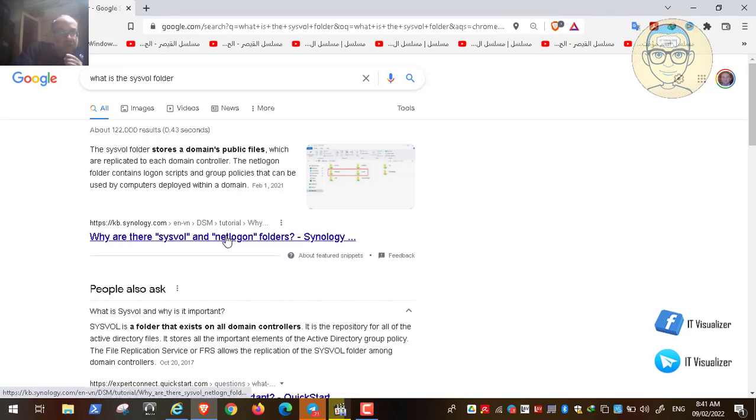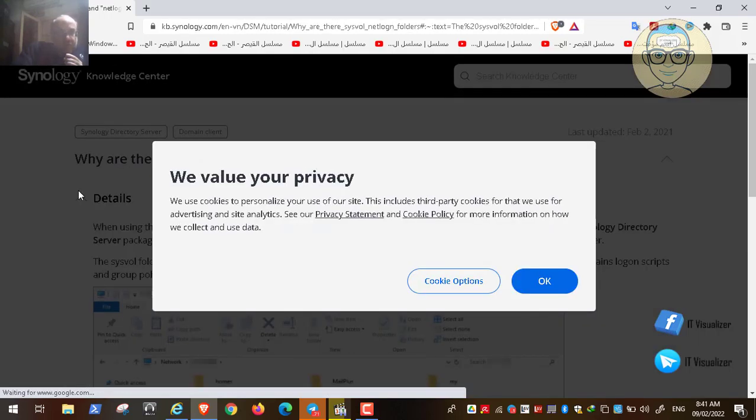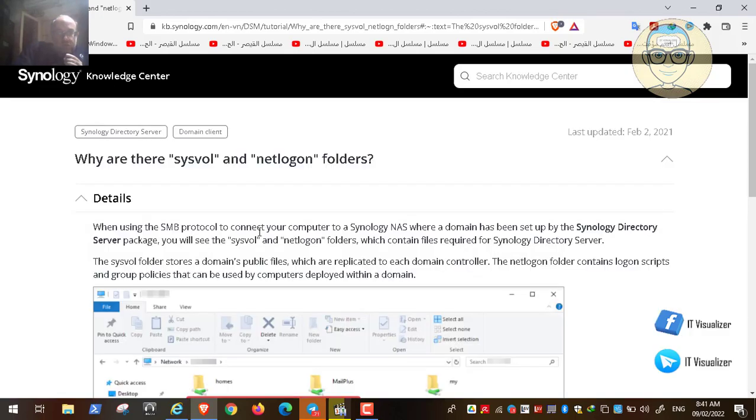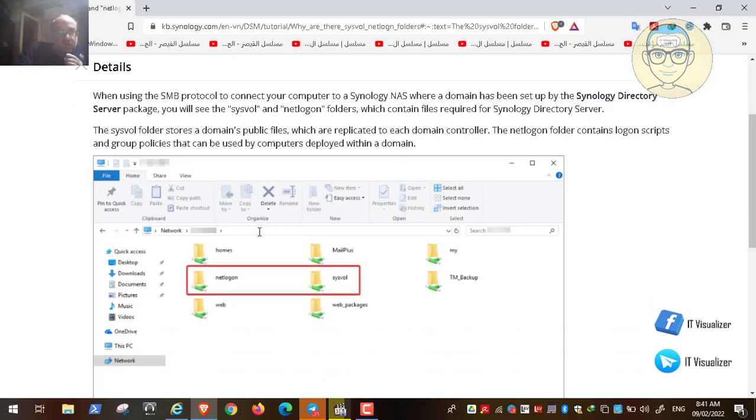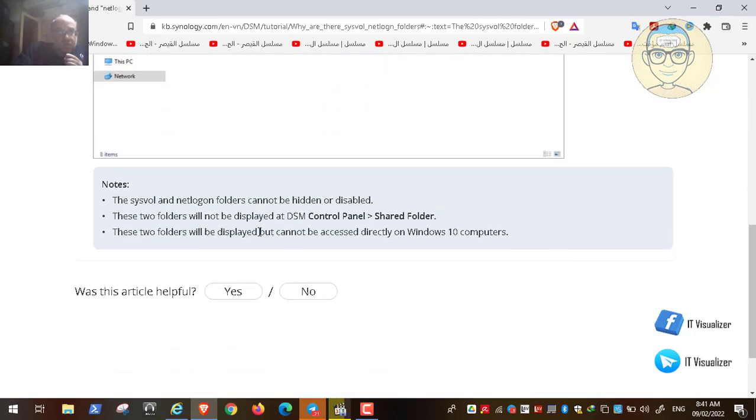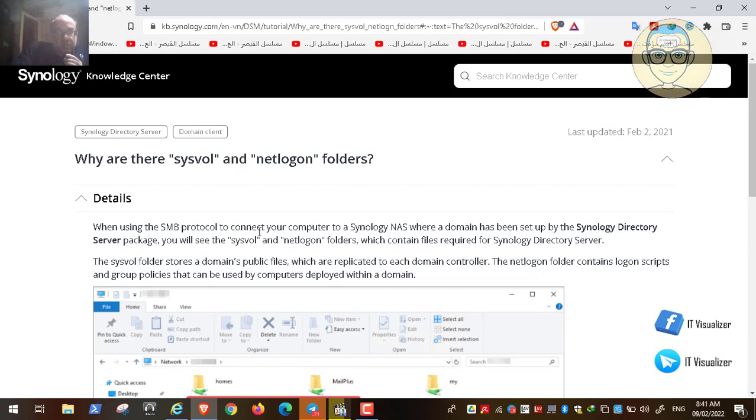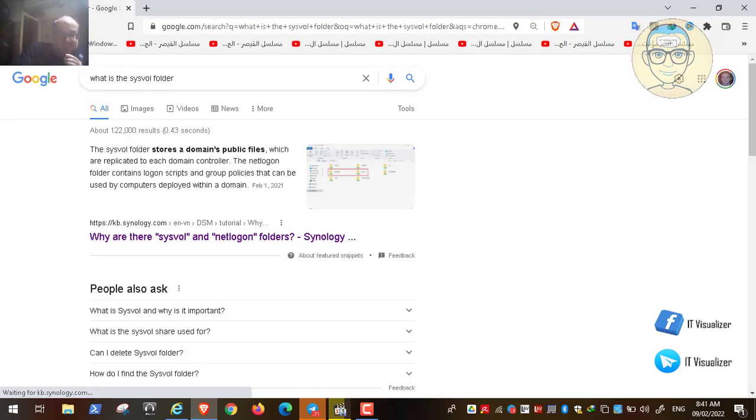Okay, so we can have another bit of detailed explanation. Let's see here what he's saying. It stores domain public files. The NETLOGON folder contains login scripts and group policies that can be used by computers deployed within a domain. So in Sysvol we have two things: the group policies that are applied to the domain and the scripts that are applied to the domain. So this is one of the things we need to make sure of, that the Sysvol folder is accessed by